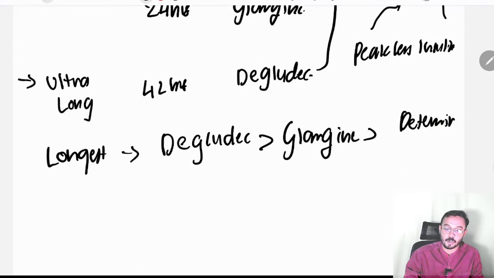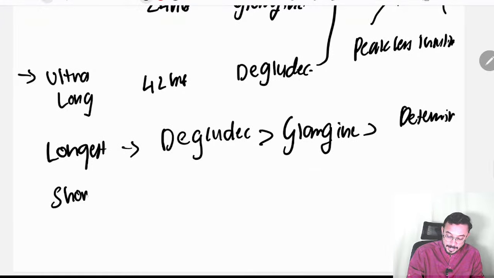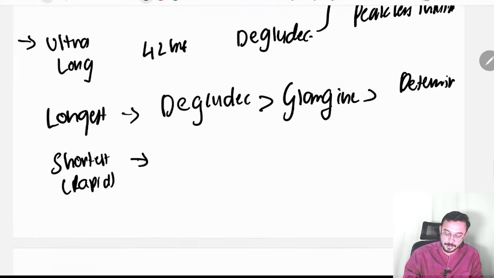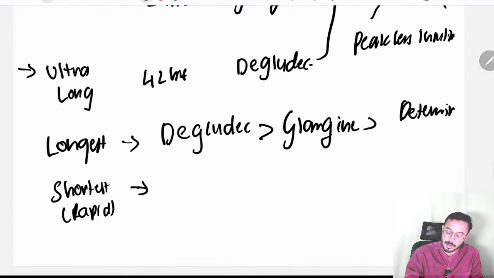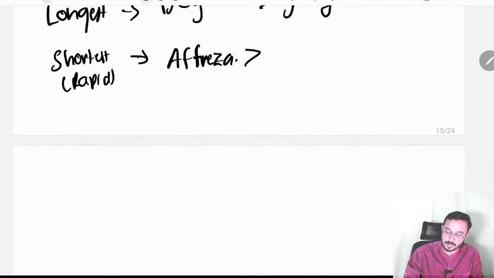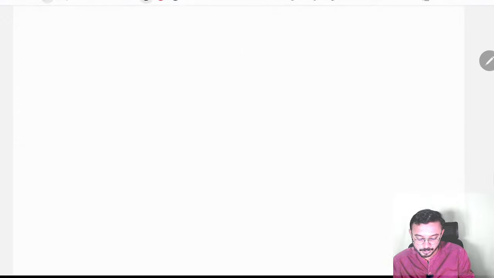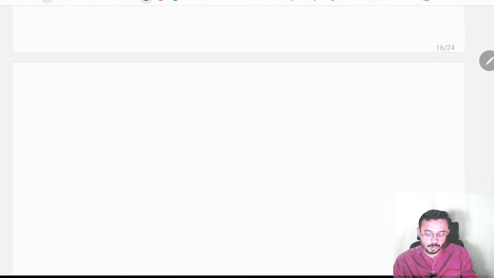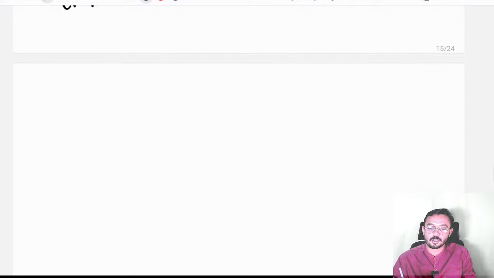And I will teach the shortest acting also, the order of shortest acting or rapid acting in onset. That is, not Lispro, that is Afrezza. I will be showing the image also. Afrezza is an inhaled insulin, and it is the shortest acting insulin. Then you can go for one more, that is Lispro. So this is about the shortest acting insulin and about insulin types. These are all about insulin durations and types.